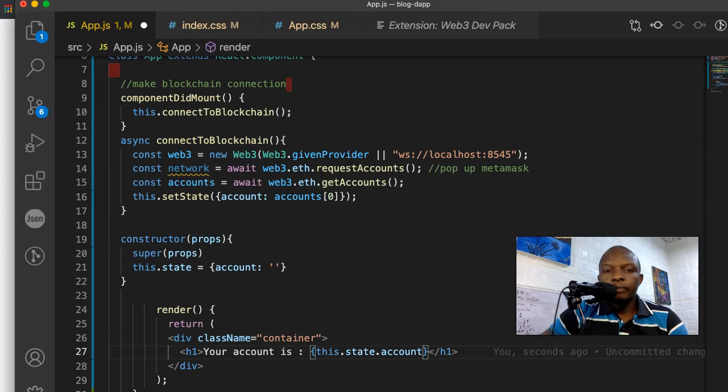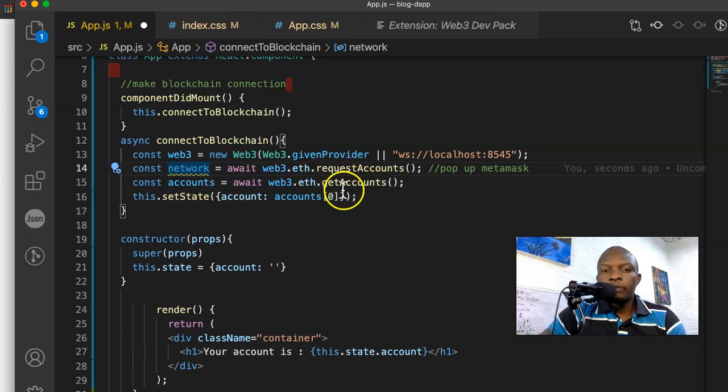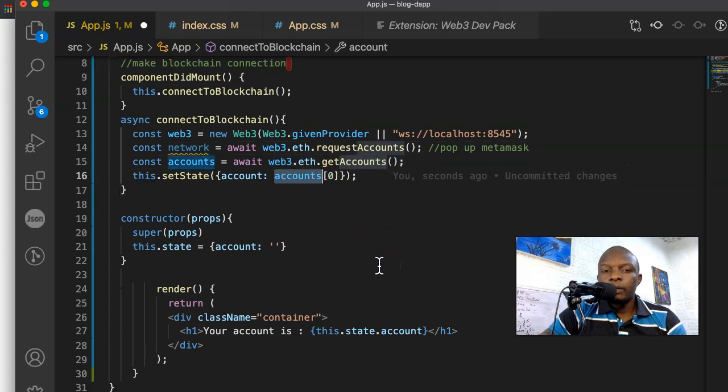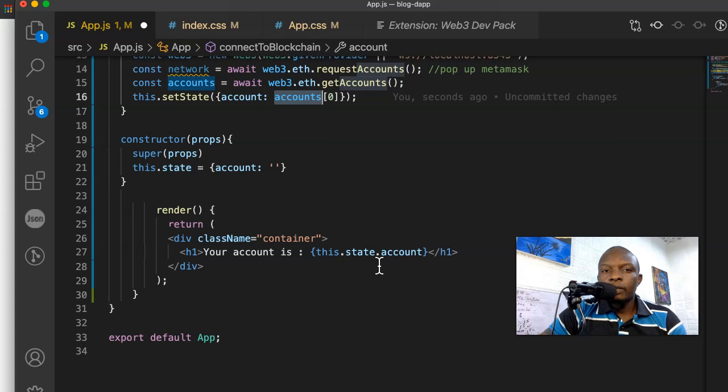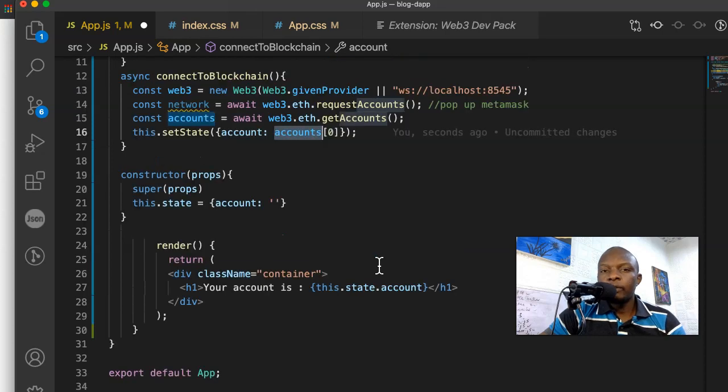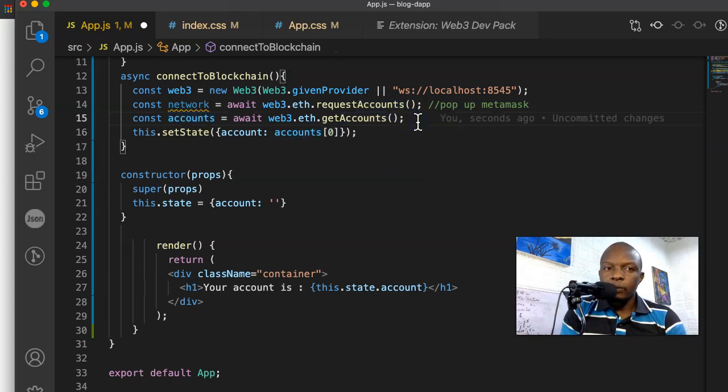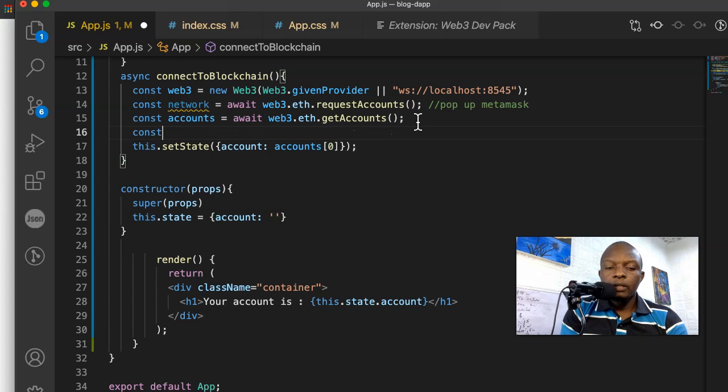All right, remember I told you that request accounts and this one, both of them will give you the same thing. When you print them out, they will just give you the Ethereum address. All right, now let's try and print something else. Let's print the name of the network that is currently connected. We're just going to create a new const, call it network name